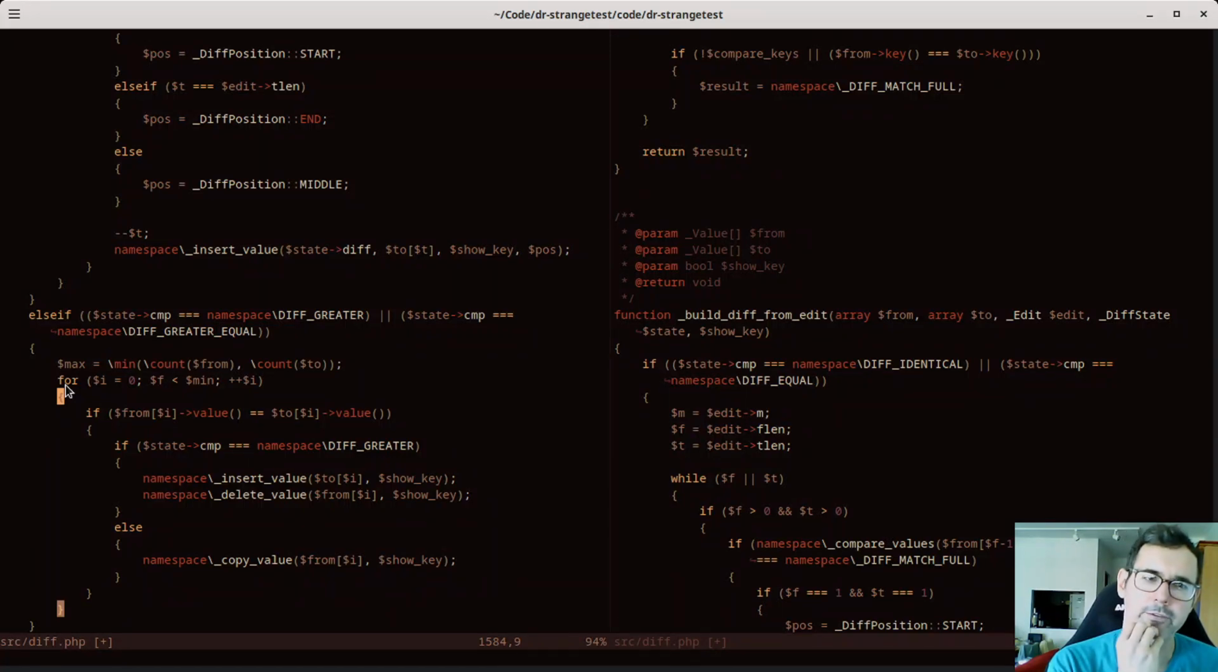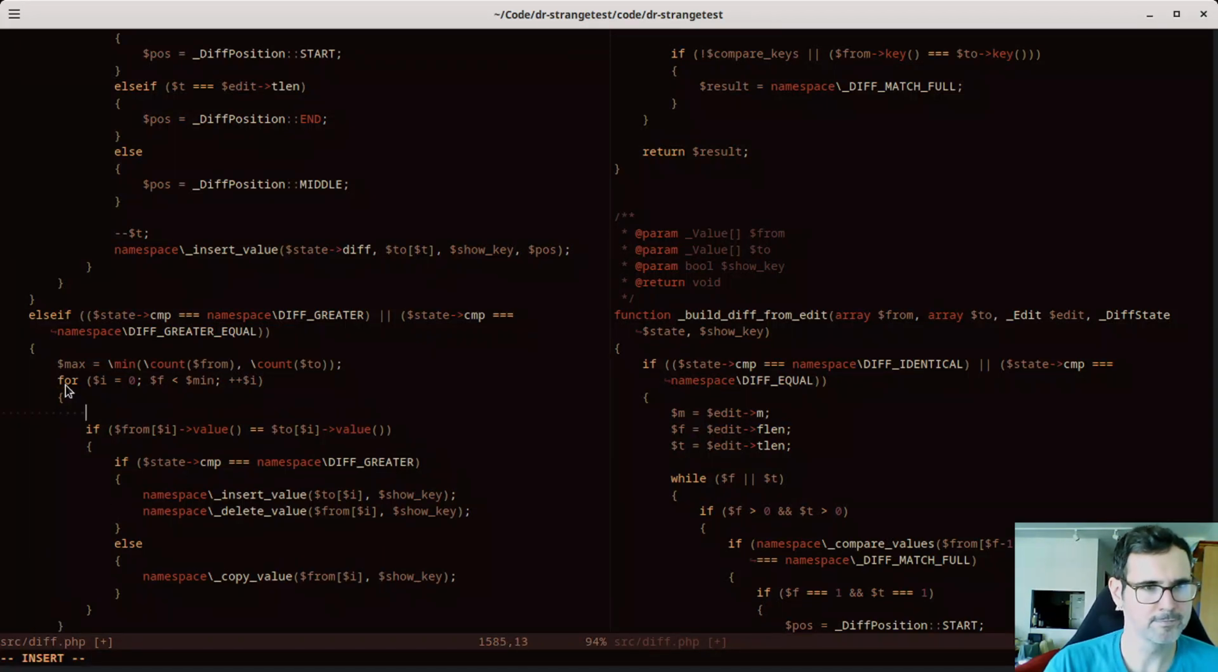So let me think about this. I think I need two conditions here. If from I is greater than 2I,